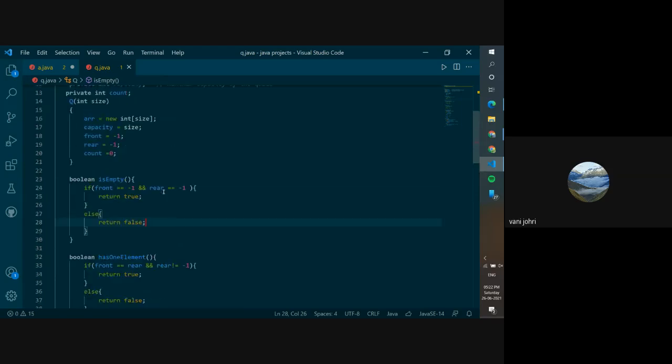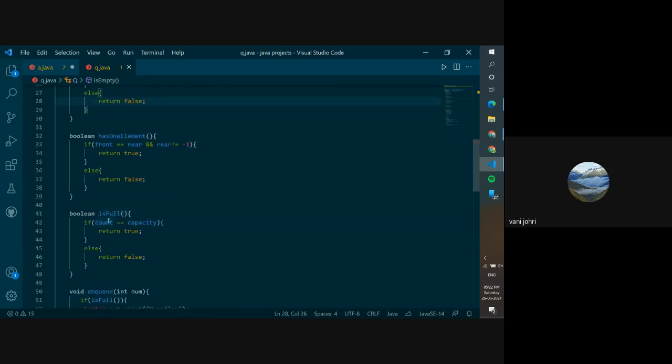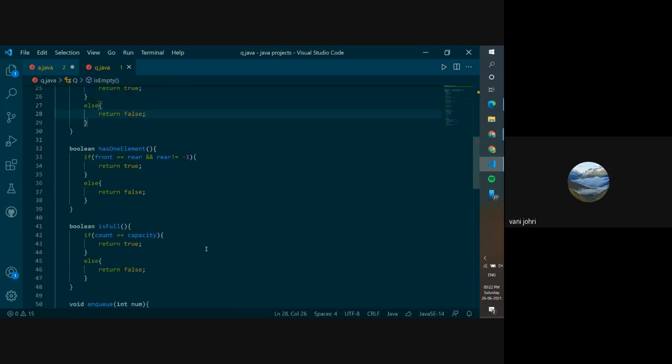Capacity is the size of the array, and count is the total number of elements present in the queue at the moment. If the number of elements equals the size of the queue, that means your queue is full. Otherwise we return false, meaning it is not full right now.